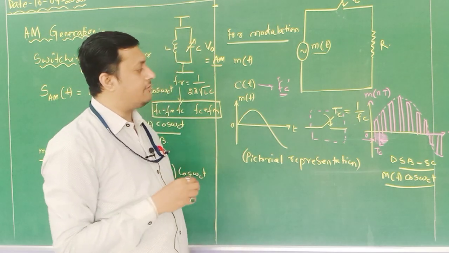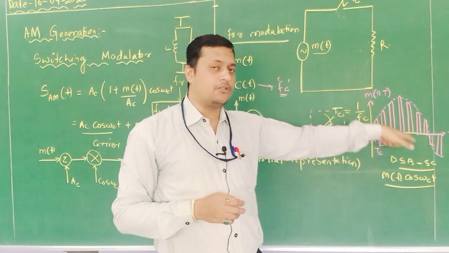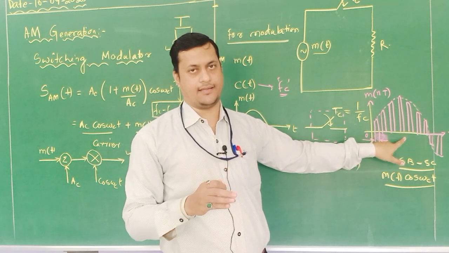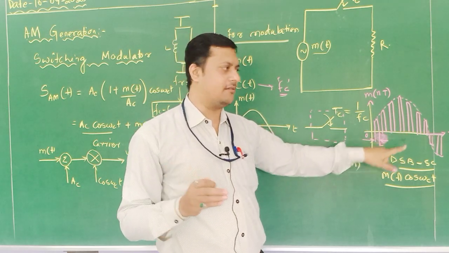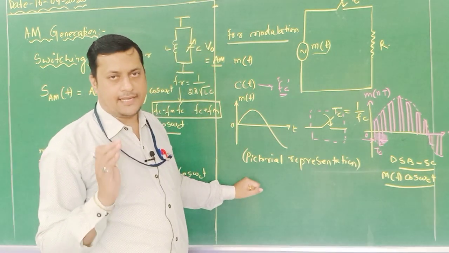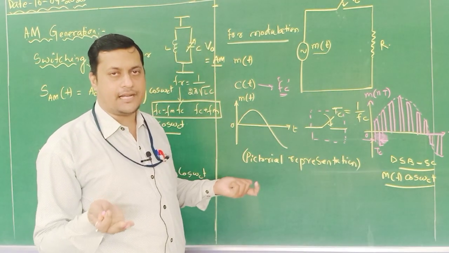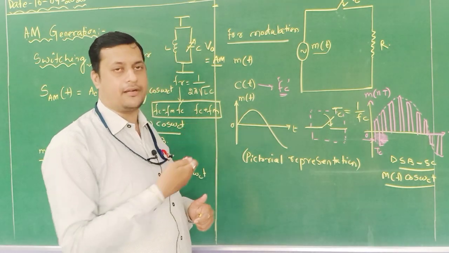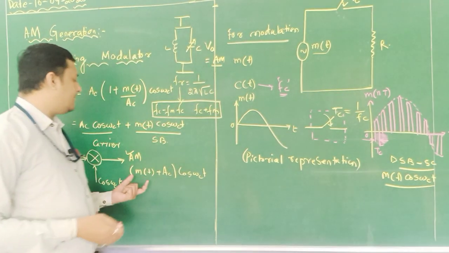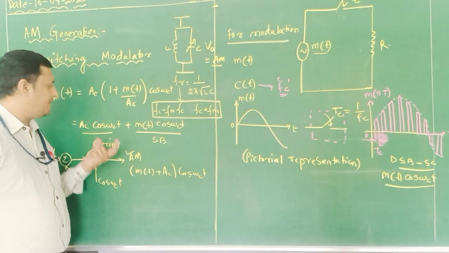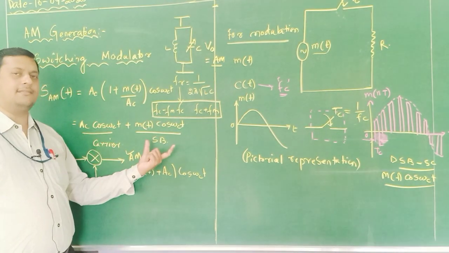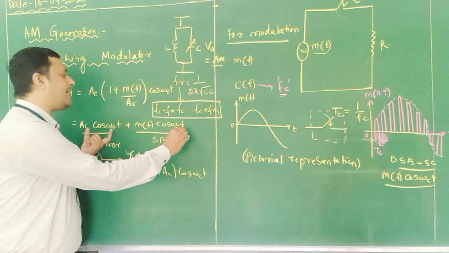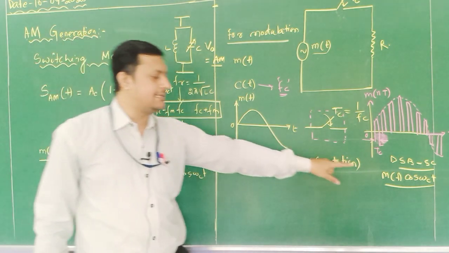Now here what does it indicate, what are the outputs we are getting? The output is nothing but double sideband suppressed carrier. Double sideband suppressed carrier means there is no presence of carrier component, only the sidebands are available, double sideband, and suppressed carrier means we are neglecting the effect of carrier. So as the AM equation states, there is presence of carrier and sideband. So if I suppress this carrier component, only the sideband is available, that we are discussing now.